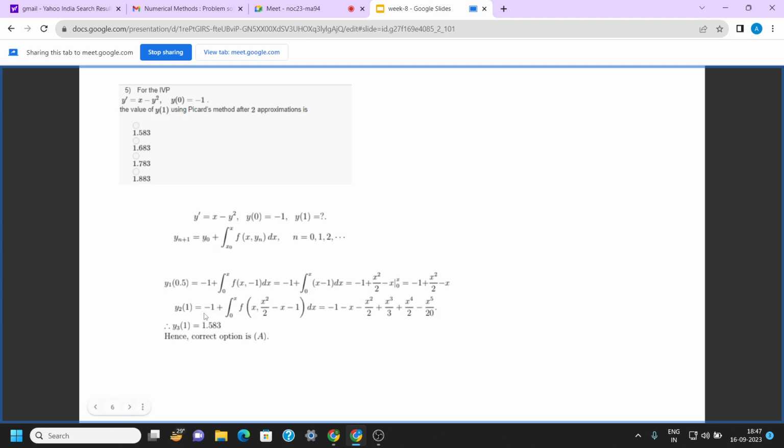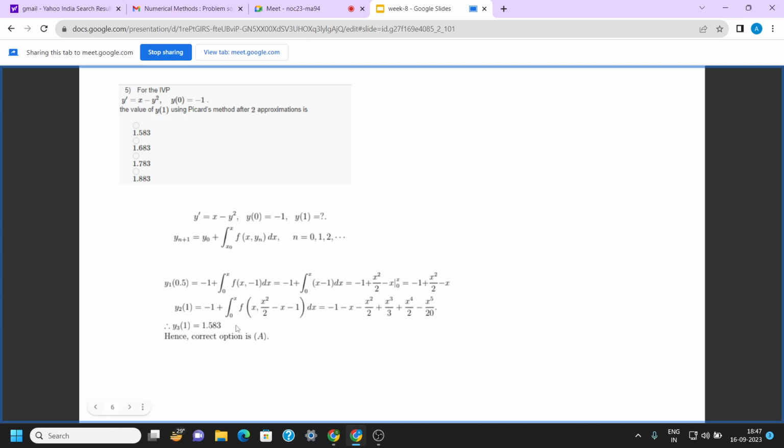Again y0 is minus 1 plus integral 0 to x. Again here x0 is 0 of f of x comma. Now here you have to substitute the value of yn. So when we are at y2, yn will be y1. And what is the value of y1? Minus 1 plus x square by 2 minus x. So substitute it over here. Then dx. So you will get minus 1